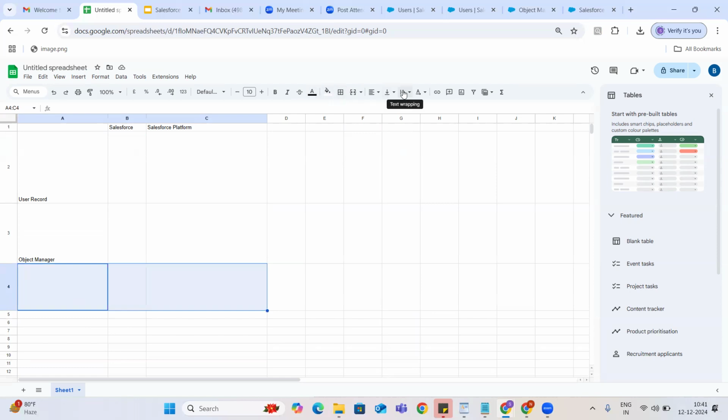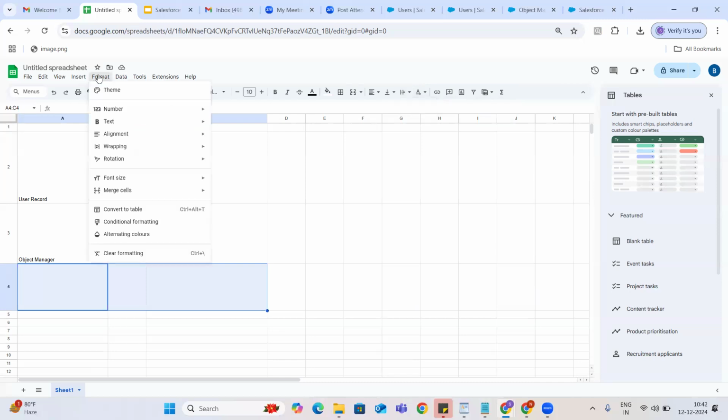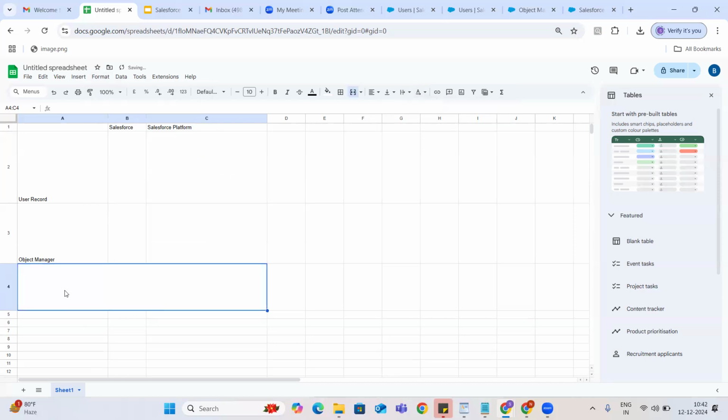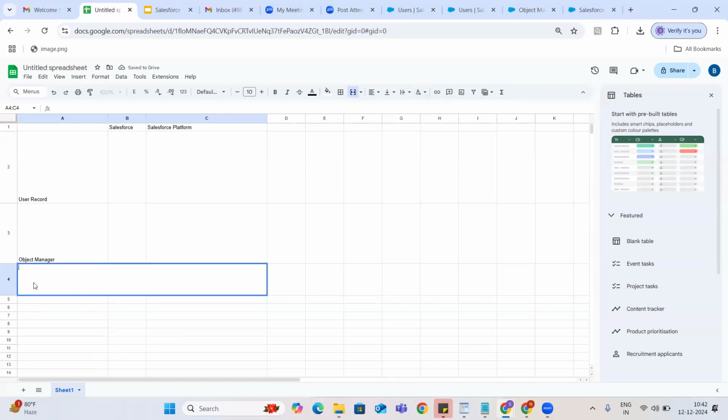So let me merge this thing. So another requirement is something like you need to share your org ID screenshot of it.